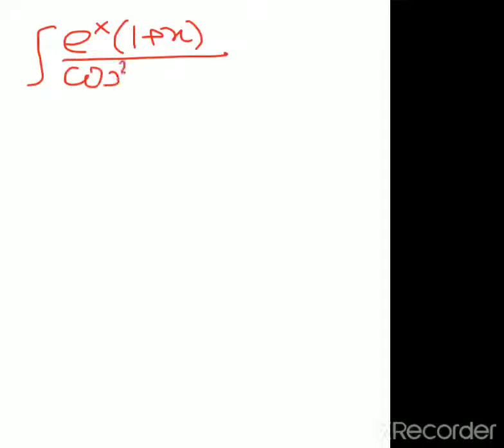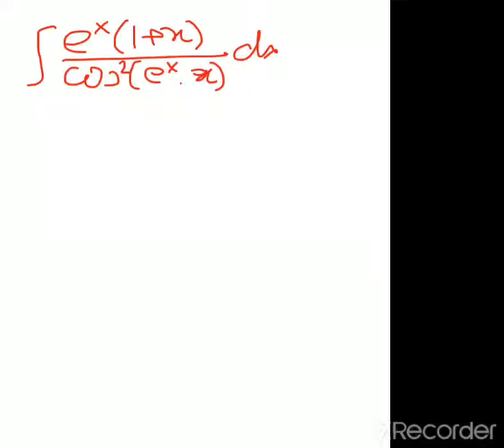See, beta, a few questions which I find are good questions. These are from NCERT itself. So let us do them first, then we'll go to the next topic. These all are from the previous topics. So, integral of e to power x (1 + x) upon cos square (e to power x into x) dx.